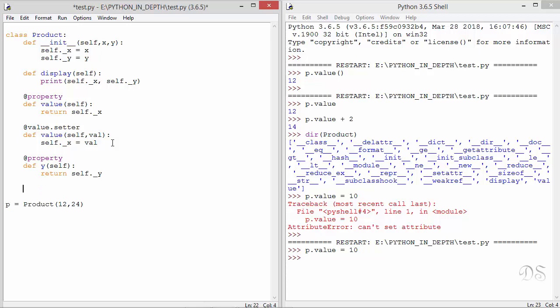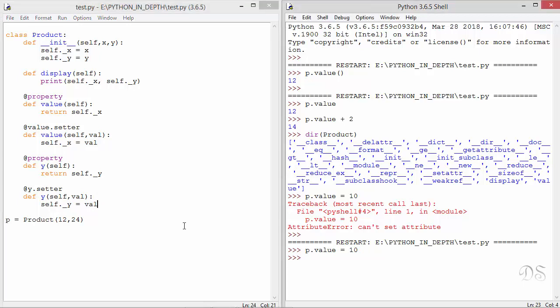Let's write the setter method. So when you reference this y, this method will be executed, and when you assign something to this, then this method will be executed. In this method, we are returning the value of variable underscore y, and in this method, we are setting the value of this variable underscore y.